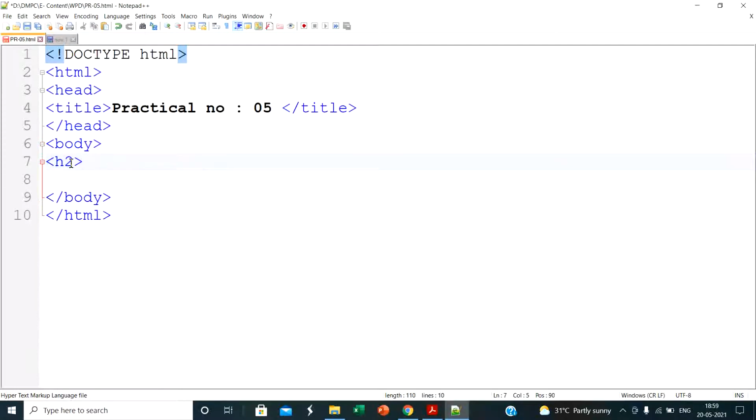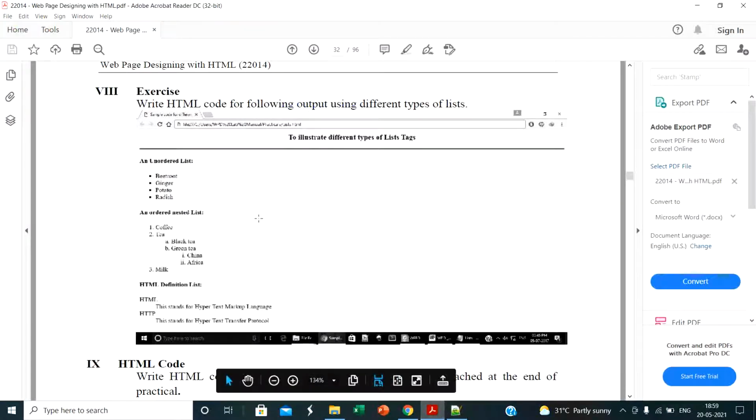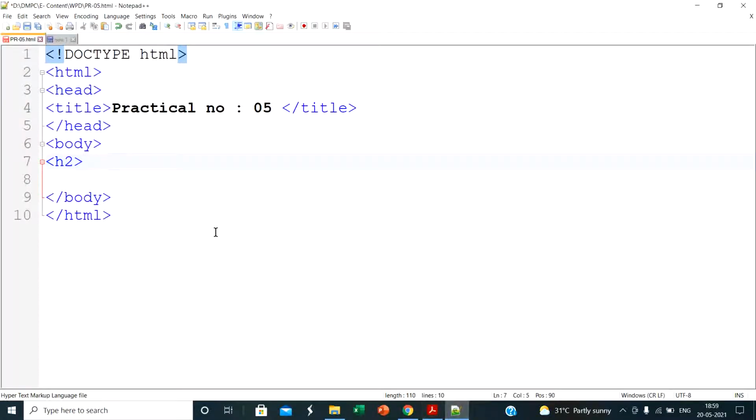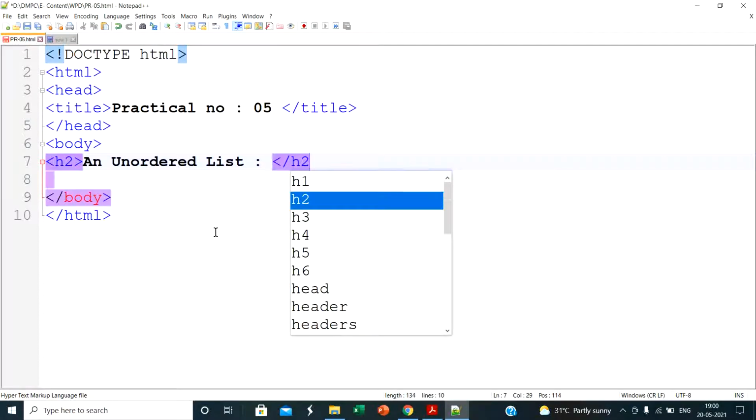All of you know what the h2 tag is; it is the heading tag. Inside that I write the title, an unordered list, then a colon, and here I close h2.